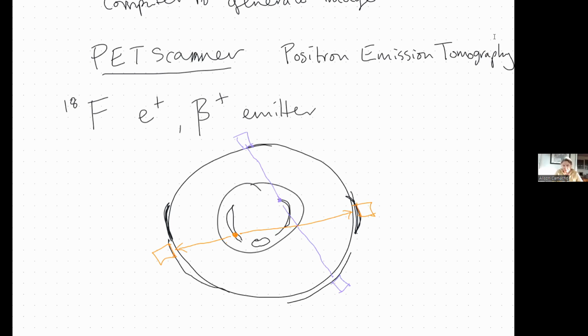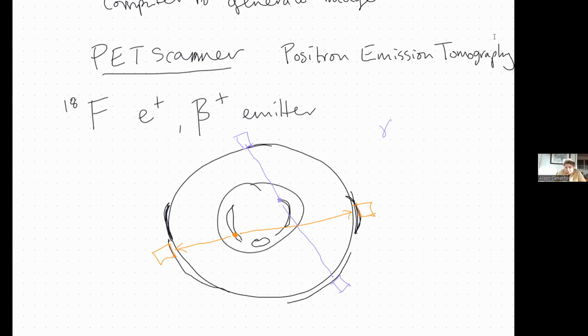It does take time. And of course, you are exposed to ionizing radiation to do this. And obviously, nobody chooses to do it if they don't have to, because of the ionizing radiation and the fact that it's incredibly expensive. But it does give you one of the only ways of getting a really good bone scan. So this is a PET scanner,